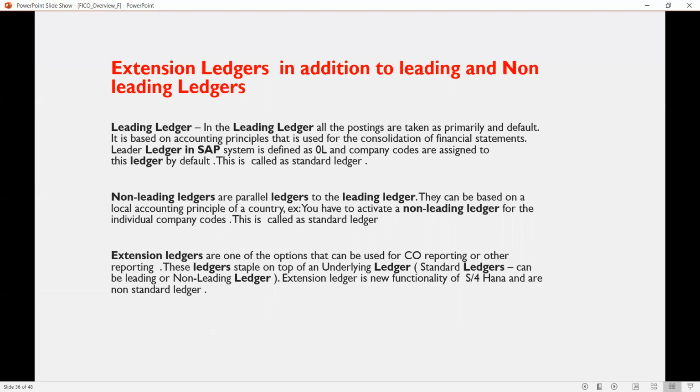And now with S4 HANA, they have come with the extension ledgers. So extension ledgers are for some simulation purpose. The extension ledgers are on top of the underlying ledger. So you create an extension ledger in relation to the leading or the non-leading ledgers. Leading and non-leading ledgers are called standard ledgers. So extension ledger will have all the entries of the leading and the non-leading ledger, but on top of that,